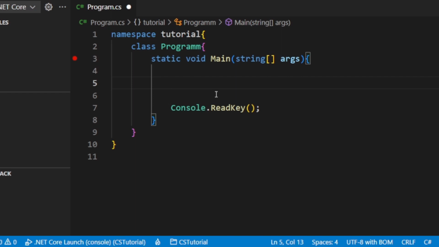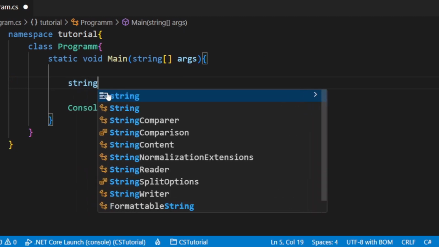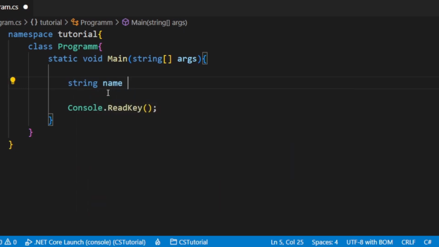Now, today we need to create a program that asks for your name and age and prints it back to you. So let's get right into it. In VS Code in our program, we're going to create a new variable called name. So we're going to write string name. Do you still remember what a string is? It's a lot of characters behind each other, and we're going to set that to